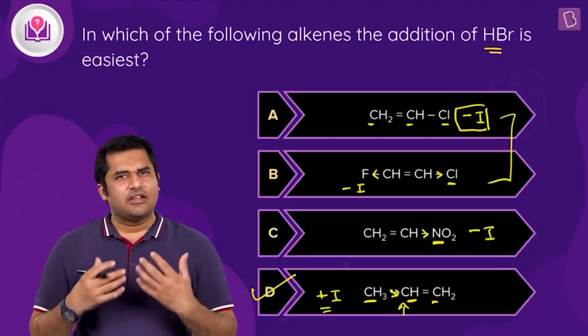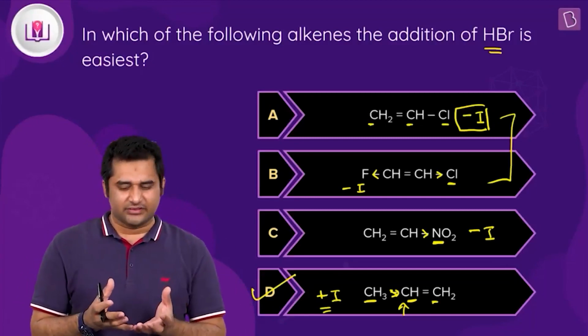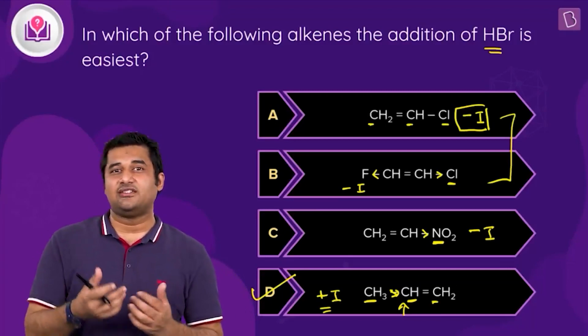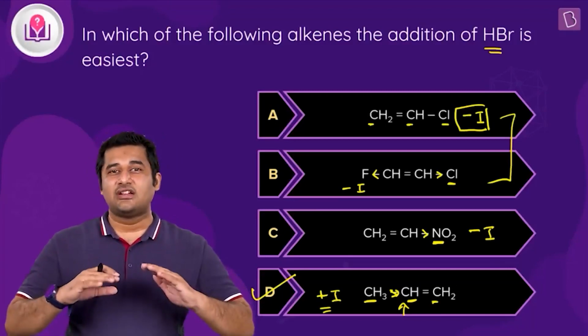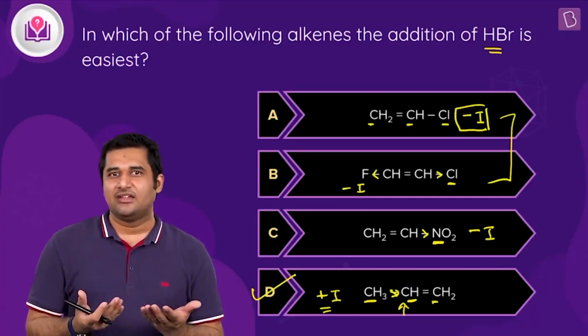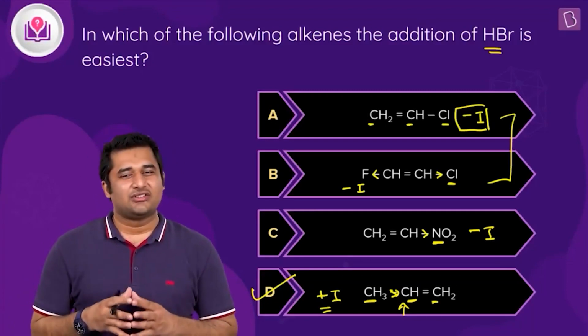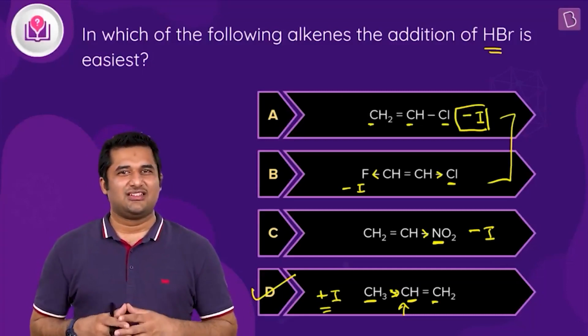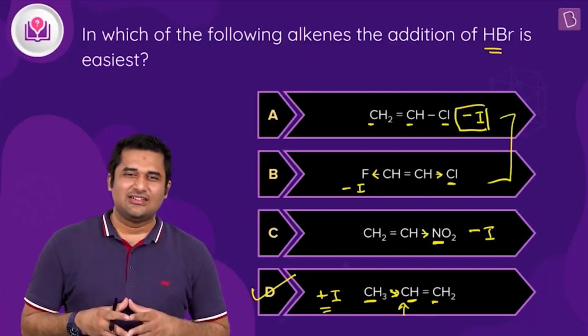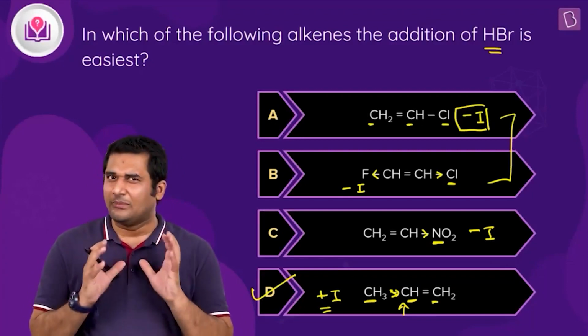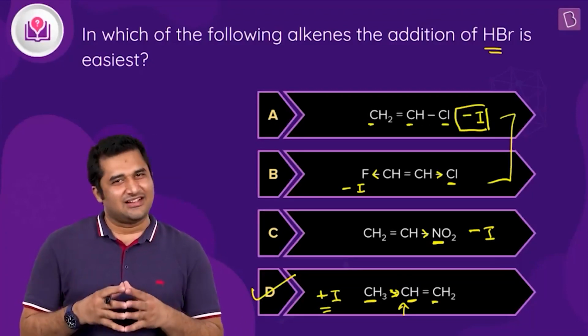Alright. The other way to answer this type of question is you can first form the carbocation and then check the stability of the carbocation. The case wherein you will have the carbocation with maximum stability is going to be the answer, because in that case only the attack will be easiest. Alright, so that is another way to answer this question. But yes, as we have answered it using the basic concept, option D is the answer according to it.